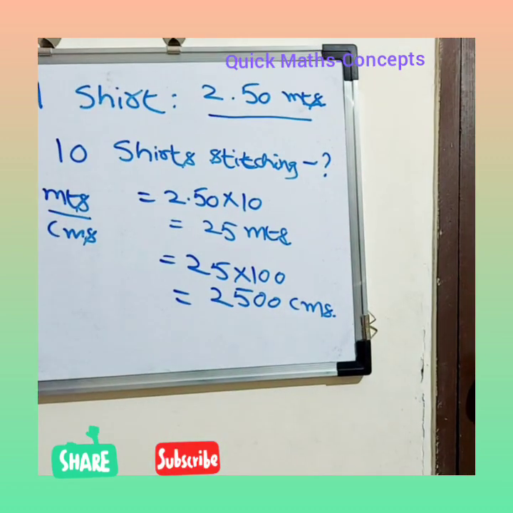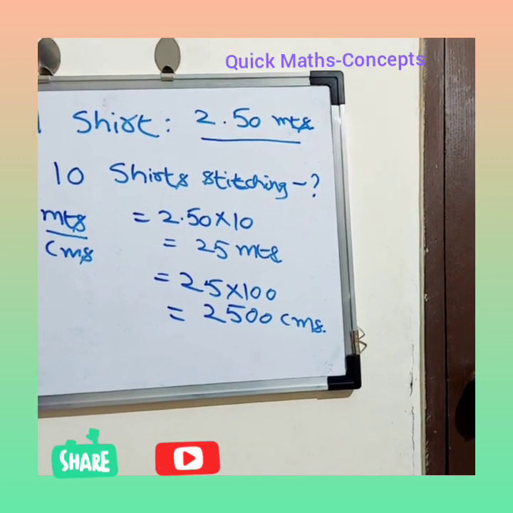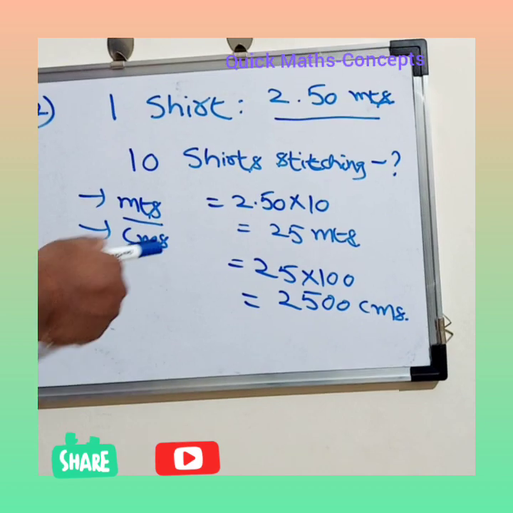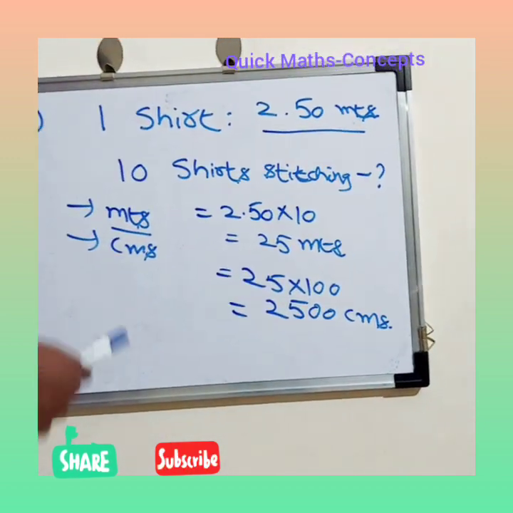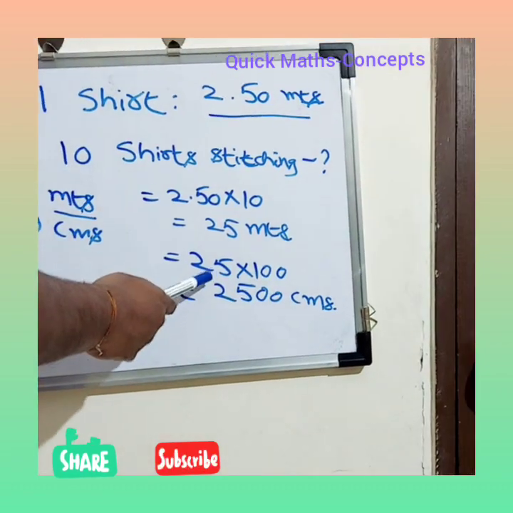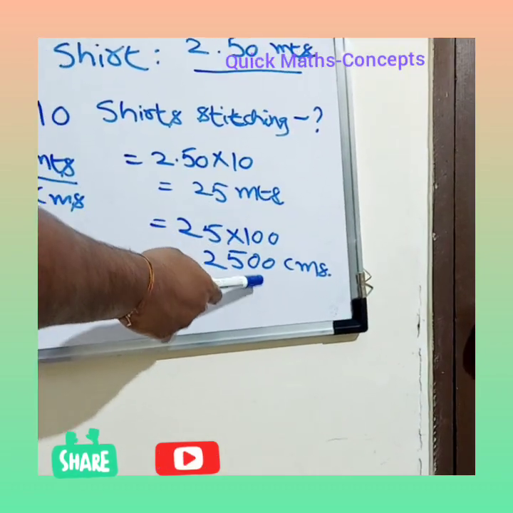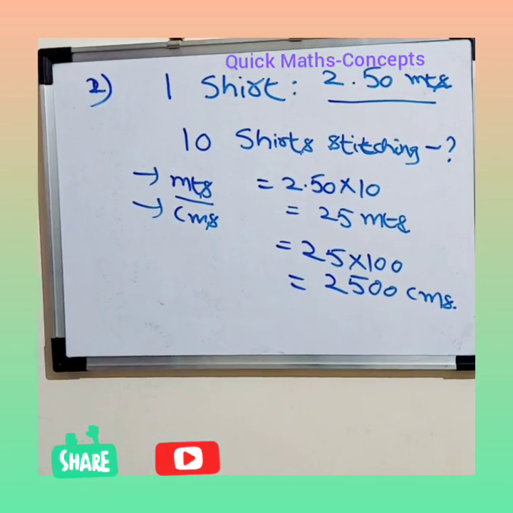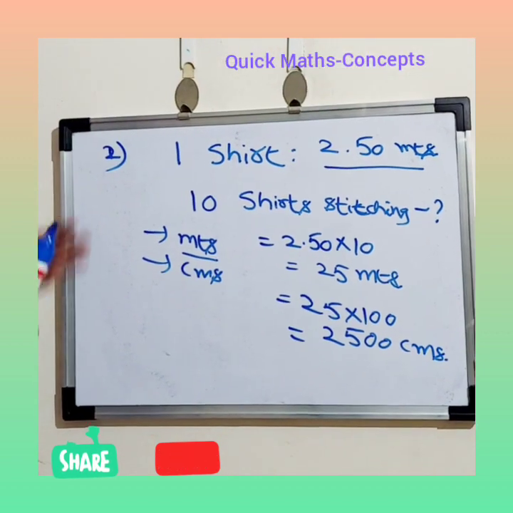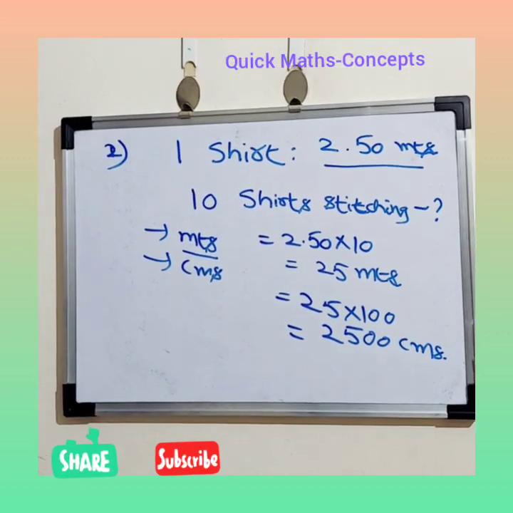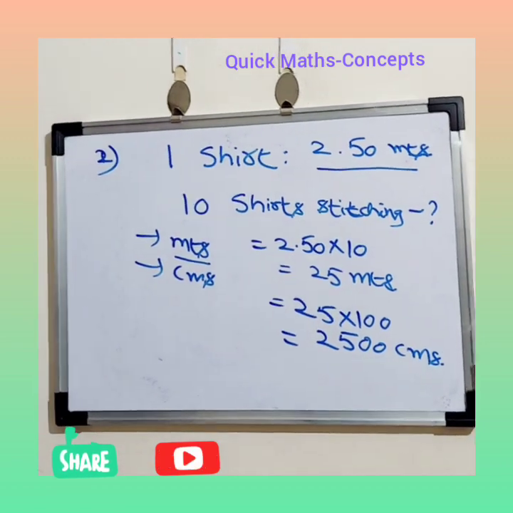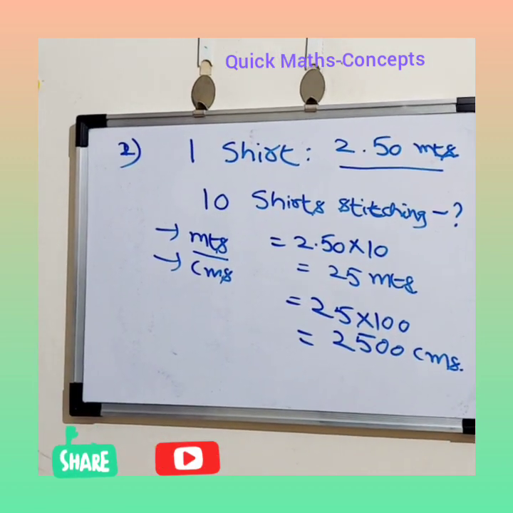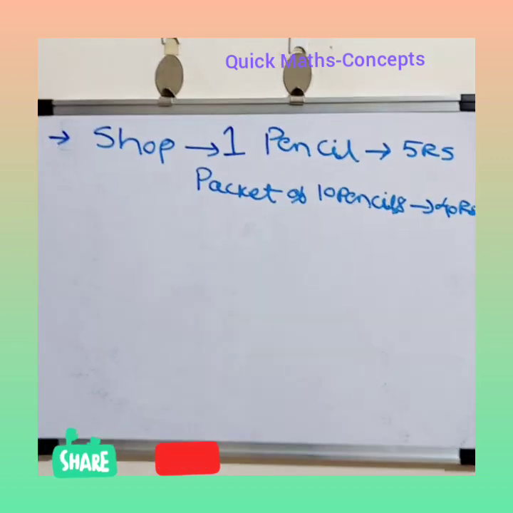In the question we need to observe what kind of values we are expecting. We should not select the answer 25 directly, because they want the answer in centimeters also. So we convert the meters into centimeters as well. This is another way a problem can be asked. Till now we covered simple problems, the basic concept of direct proportion. Now we will cover a somewhat tricky problem.